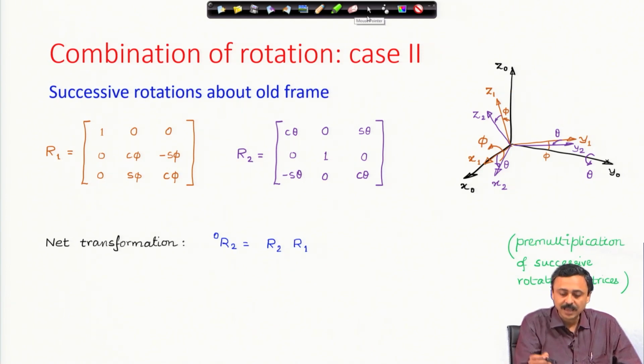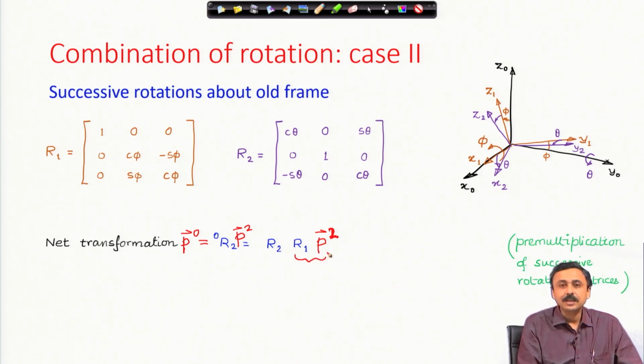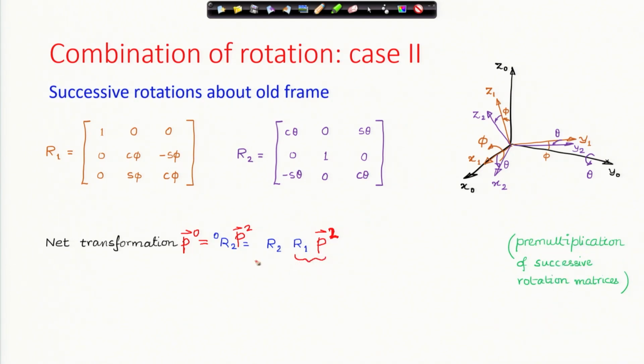And why does this happen? Because if I have the representation of some p vector in frame 2, then by multiplying this I will get the representation of the same p vector in frame 0. Therefore, here I have this p 2. Now, what this does is it takes the p 2 in frame 0, and that vector again,